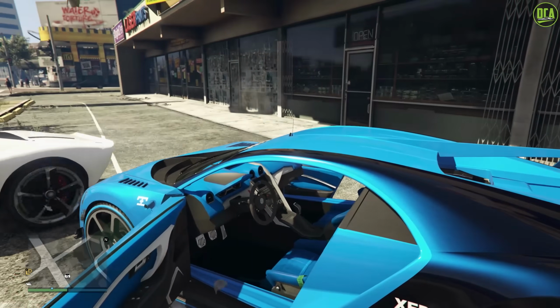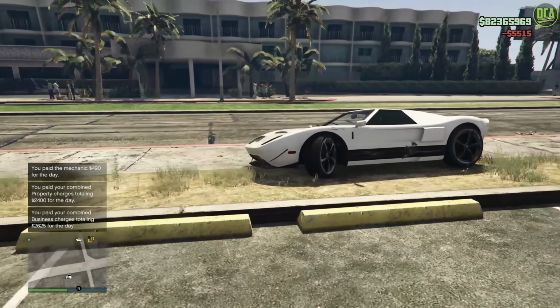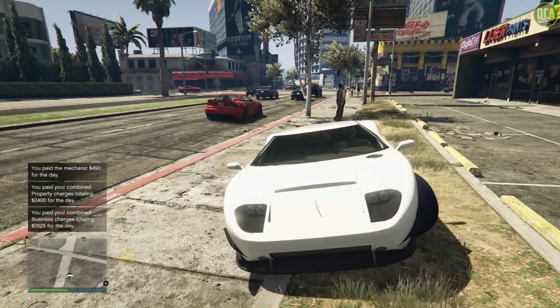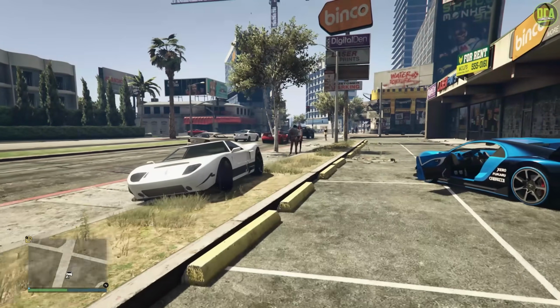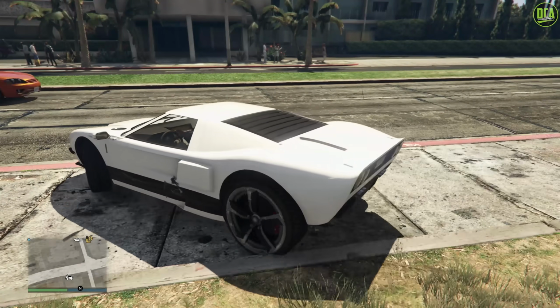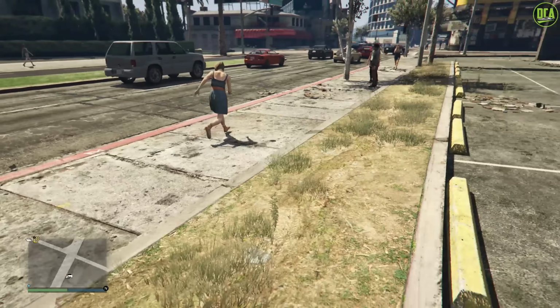Not bad. What? What am I witnessing right now? Are you okay, my guy? Are you drunk or something? This man drove around. I mean, I know I'm blocking some areas, but geez, and then now he's just sitting there. Oh, there he goes. Right? Wow. LA traffic, am I right? Anyways,